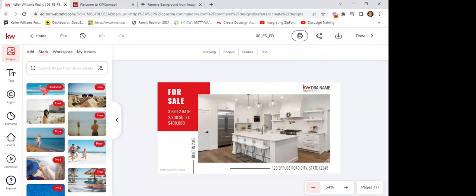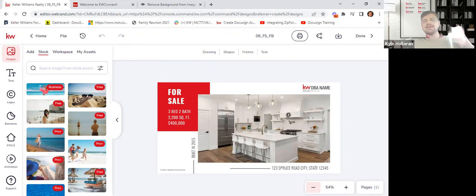Yeah, logo. Logo. Okay. Some of us are in the office KW DBA name. Okay. That's a placeholder, and so you need to switch that logo out with the logo from your office, or at a minimum, the Keller Williams logo. And I'll show you, there's actually a few of them saved in here for you to use for quick and easy. Bedrooms, bathrooms, square feet, the photo, right? The address, the picture. We're going to change all of it.